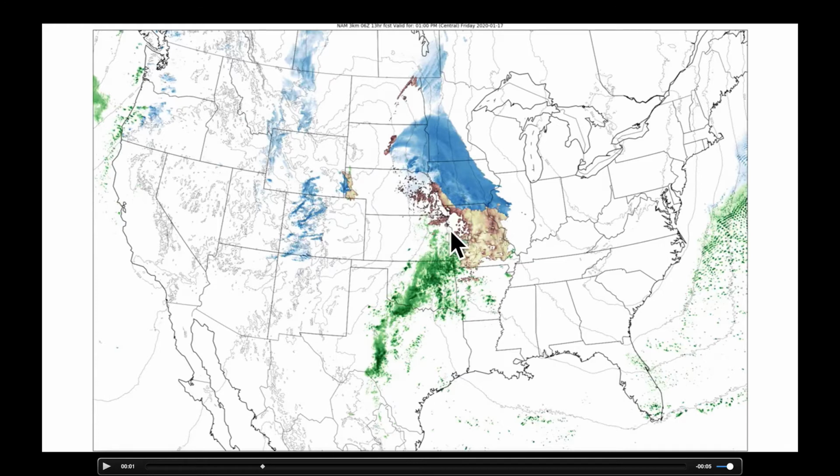I think the targeted area for the worst of the freezing rain event is going to be somewhere right in through here. Let's call it St. Louis to Columbia, coming back over to Joplin. If you kind of complete that, maybe that rectangle right in through here, that's going to be the area that gets hit the hardest. Because the system, again, is pulling toward the north, we go over to a cold rain